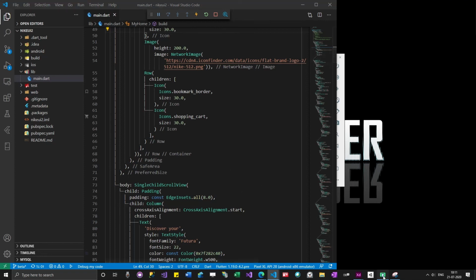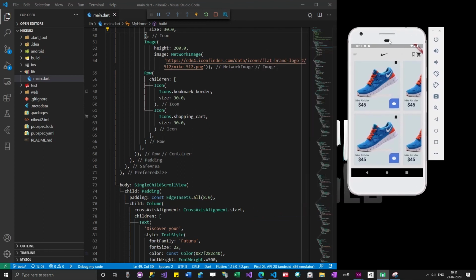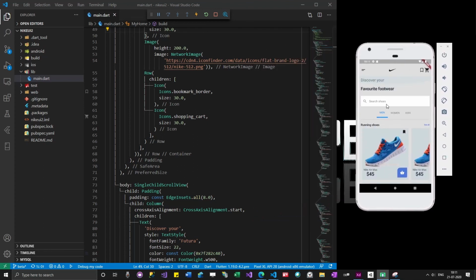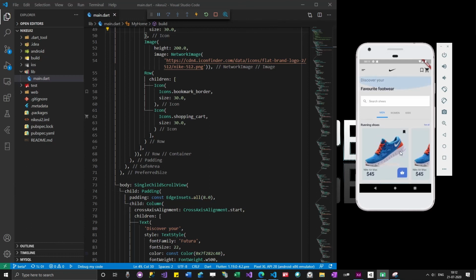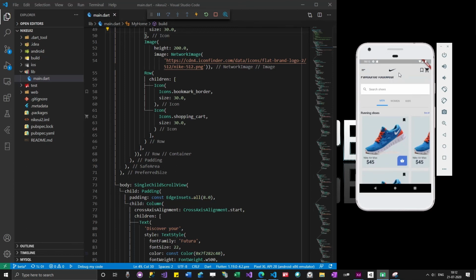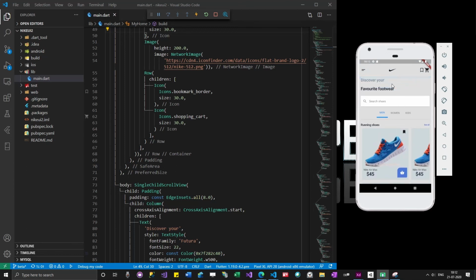If you repetitively do this, I'm pretty sure you will be able to do any kind of UI. And when I'm scrolling, there is something appearing over here, some kind of animation. If we remove those animations, it will look much better also.